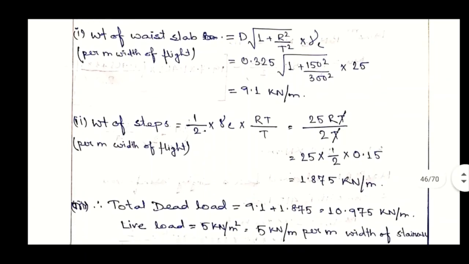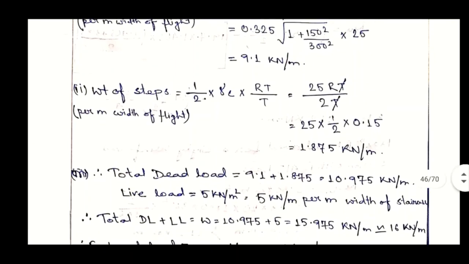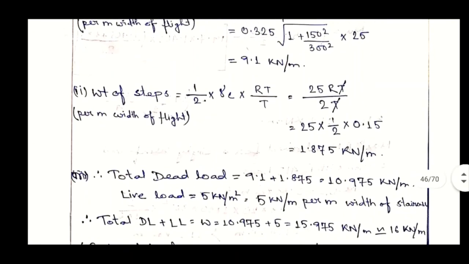So the total dead load here is 9.1 plus 1.875, that is equal to 10.975 kilonewton per meter, and the live load is given, that is 5 kilonewton per meter square. Okay, so the total load, that means dead load plus live load, is equal to 10.975 plus